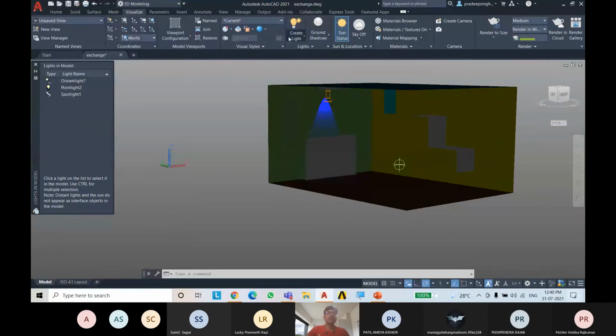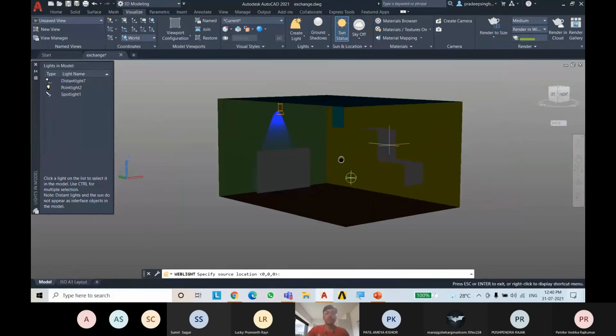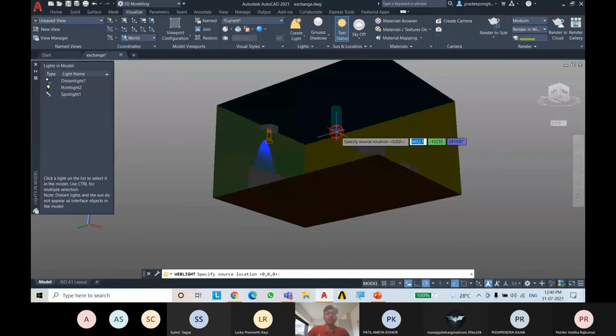There is one more light known as spot web light. So we'll be using this web light somewhere here.